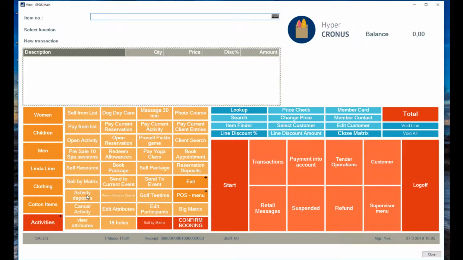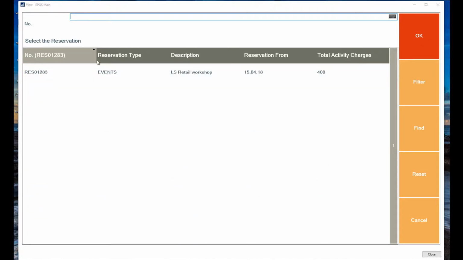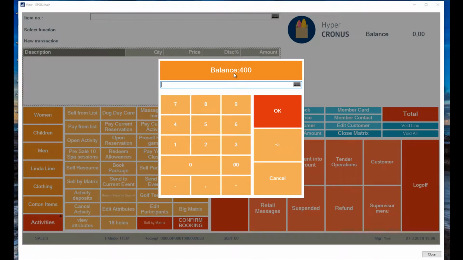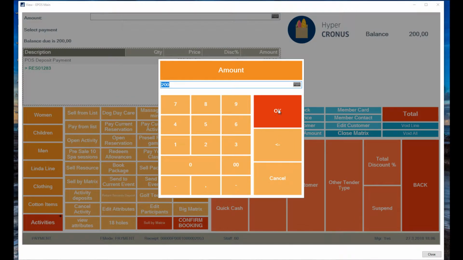and there we have a POS command called activity deposits here. I just click on that button. I can search for the reservation or just enter the reservation number here. And it's the LS Retail Workshop, and the total charges is 400, as we can see. I hit OK. It says the balance is 400, but we're going to pay 200 deposit, so hit OK. So we get the reference to the reservation, we get the deposit payment, we just hit total cash and finalize